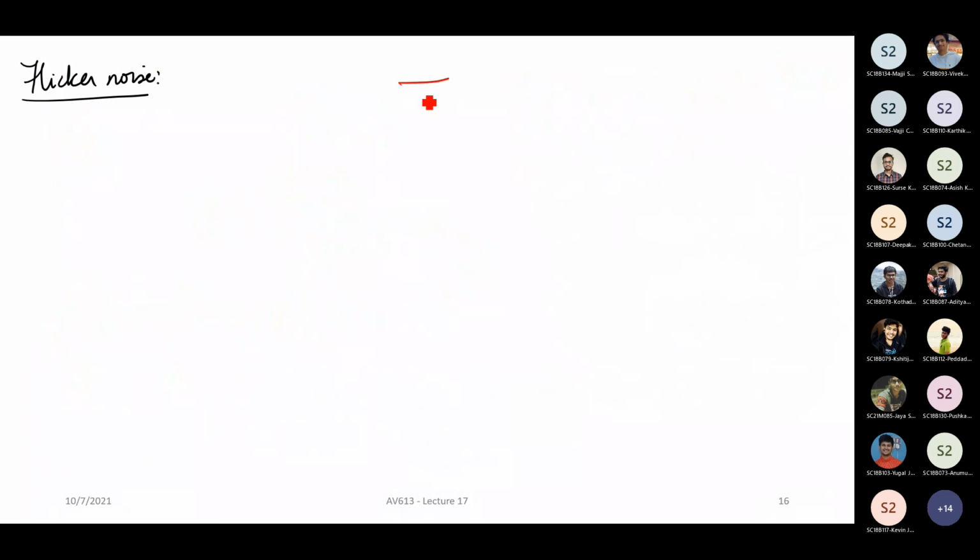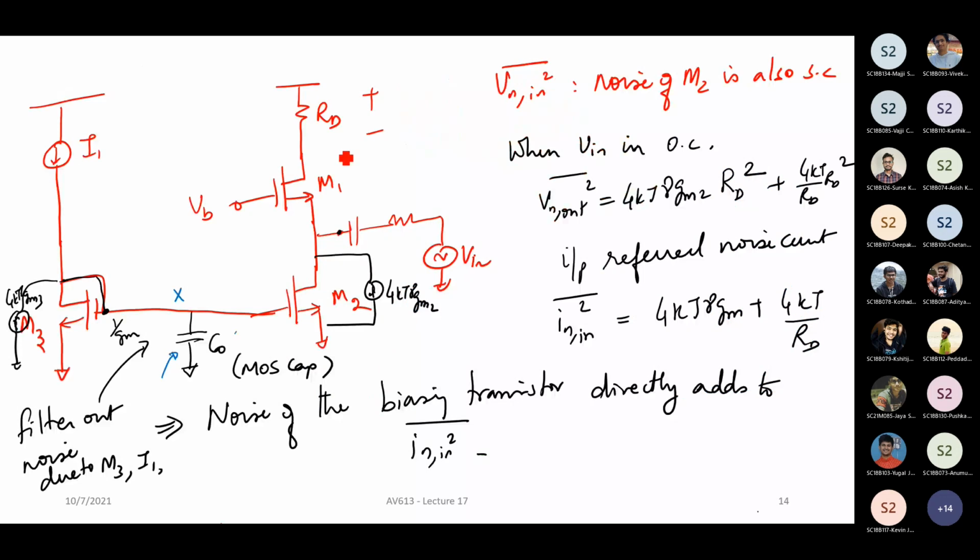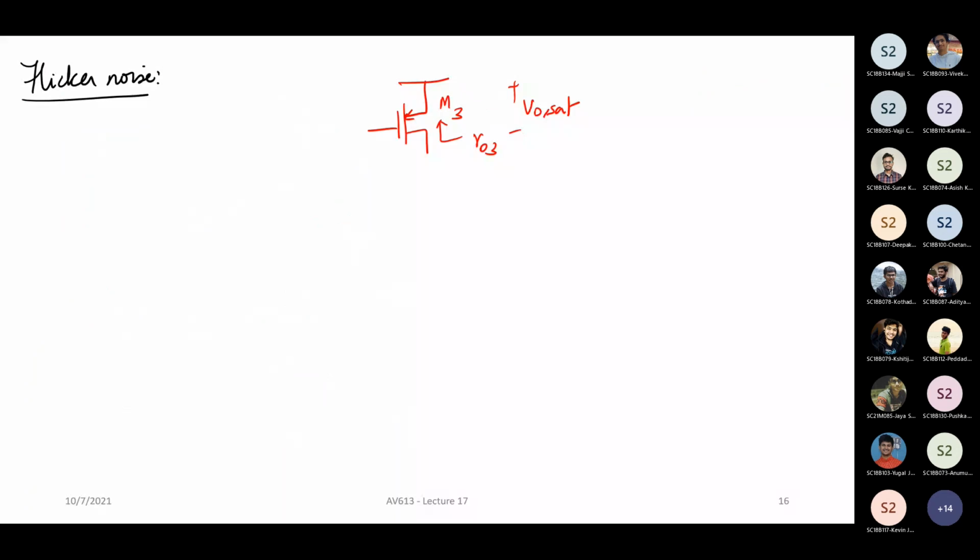Now, a good solution to that is basically to use a PMOS transistor, right? Because this is going to give you an impedance of R0. Let's call it transistor 3 here. So this is going to have an impedance of R03, which is fairly in the kilo ohm range. But all that it needs is nothing but your VDSAT to operate, right? So this is a very good solution rather than using a resistor. Because in a resistor, if you keep increasing the resistor, you will lose headroom here, and this node voltage will keep dropping down. Now that problem is solved by using this.